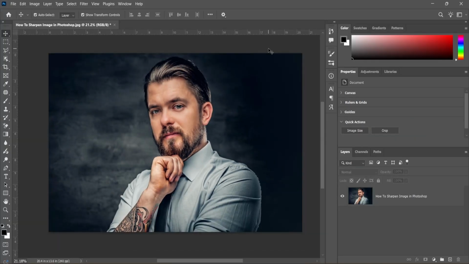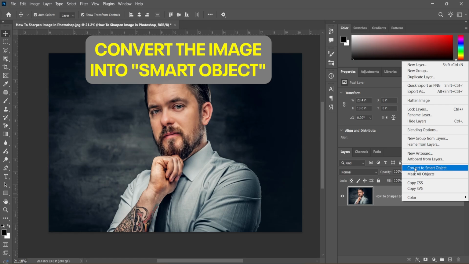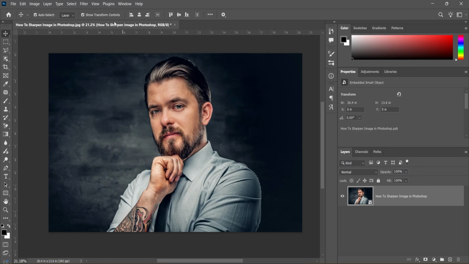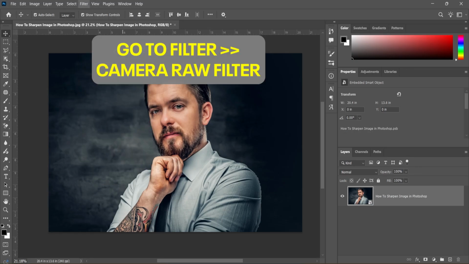Today in this video, I will show you how to sharpen or enhance an image in Photoshop. So let's get started. First, convert the image into a smart object, and after that, go to Filter, select Camera Raw Filter,